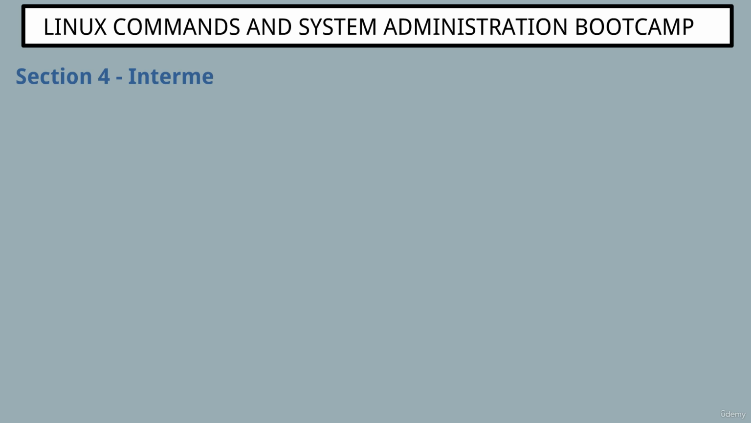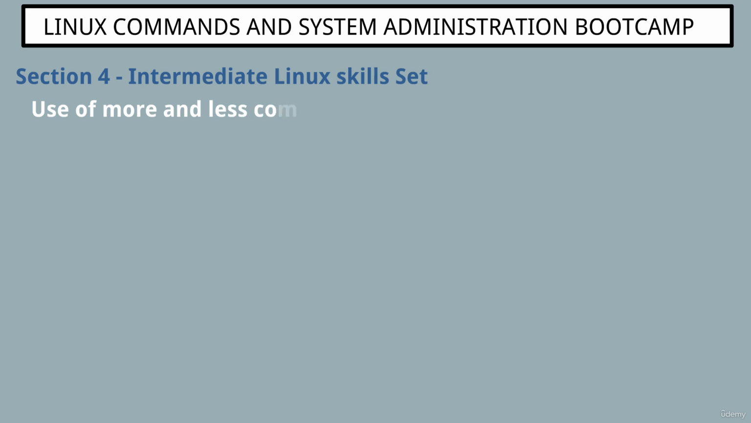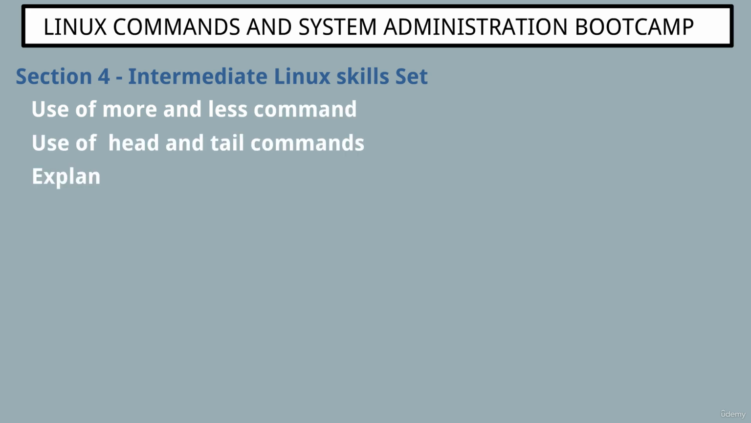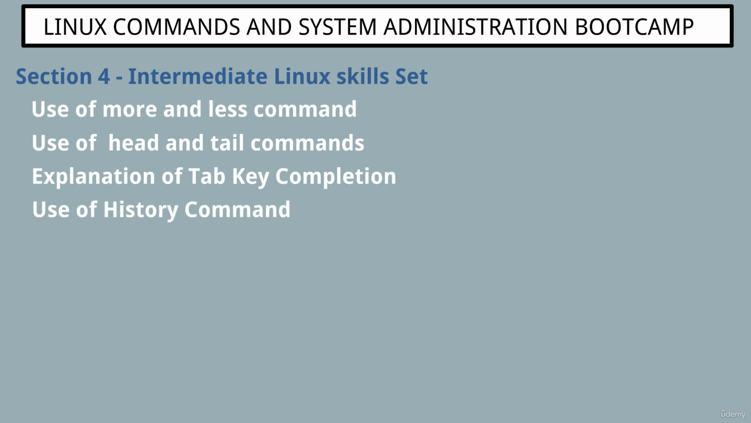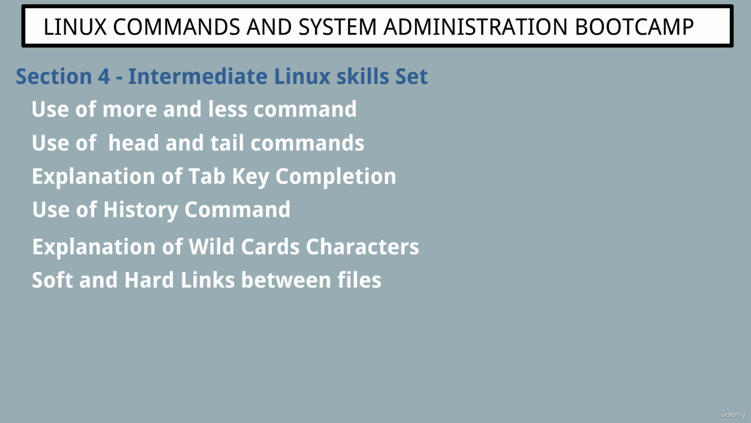In section 4, we will learn about intermediate level Linux skill set. It covers use of more and less command, use of head and tail commands, explanation of tab key completion, use of history command, explanation of wildcard characters, soft and hard links between files, input, output and error redirection, explanation of